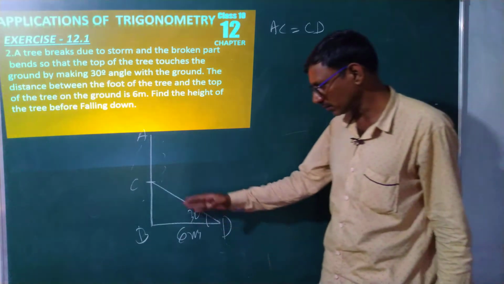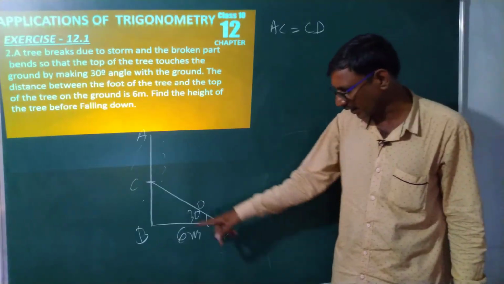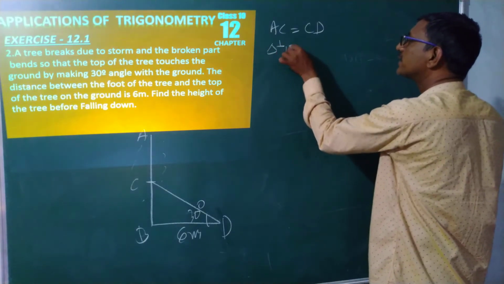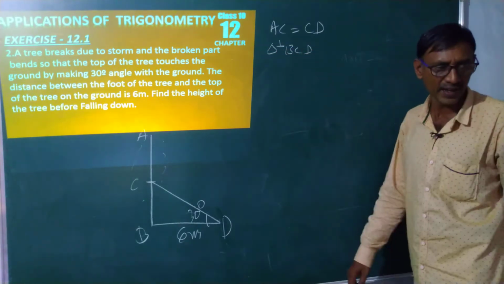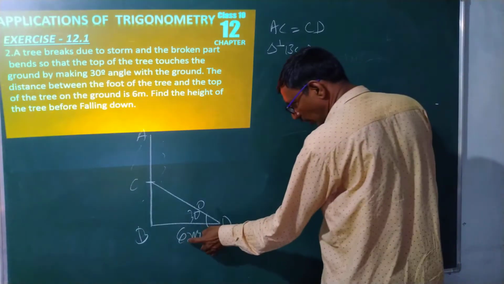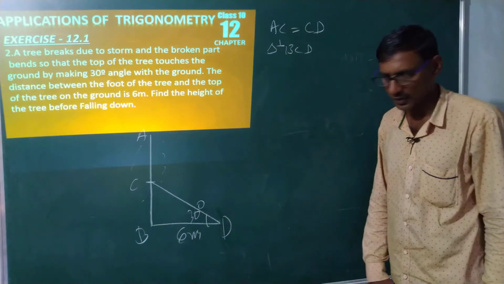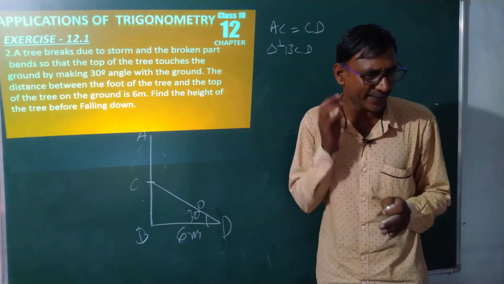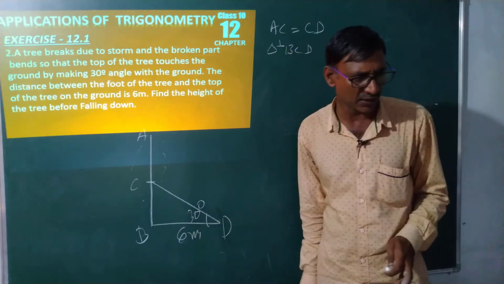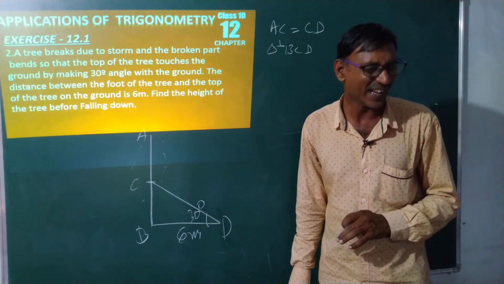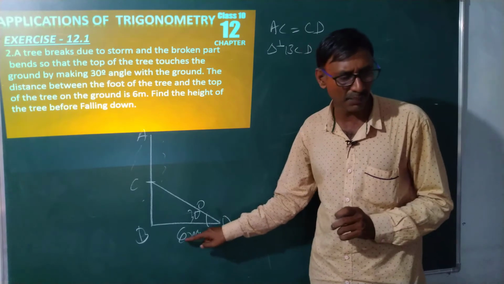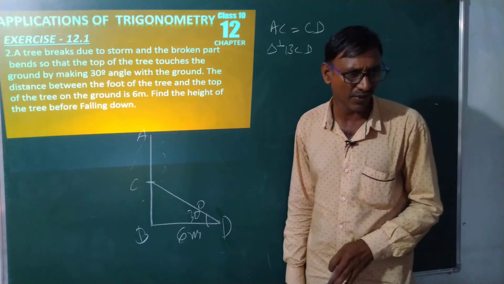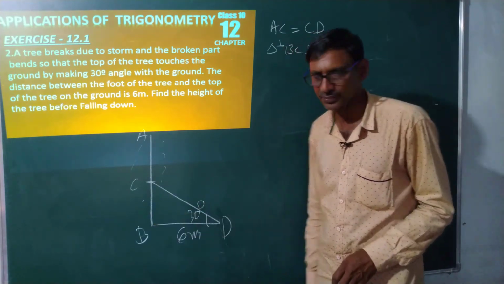Anyhow, I now have a right angle triangle by considering BC. In the right angle triangle BCD, I know this one, I don't know this one. I don't know BC, but I know BD. Again we can apply tan, because it is opposite side by adjacent side. Here I am selecting tan because I know the adjacent side but I don't know the opposite side. So with this angle we can find BC.